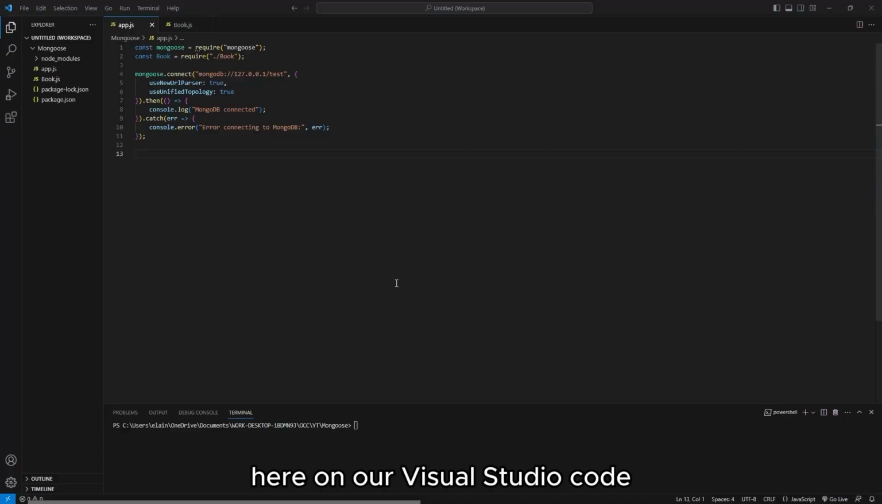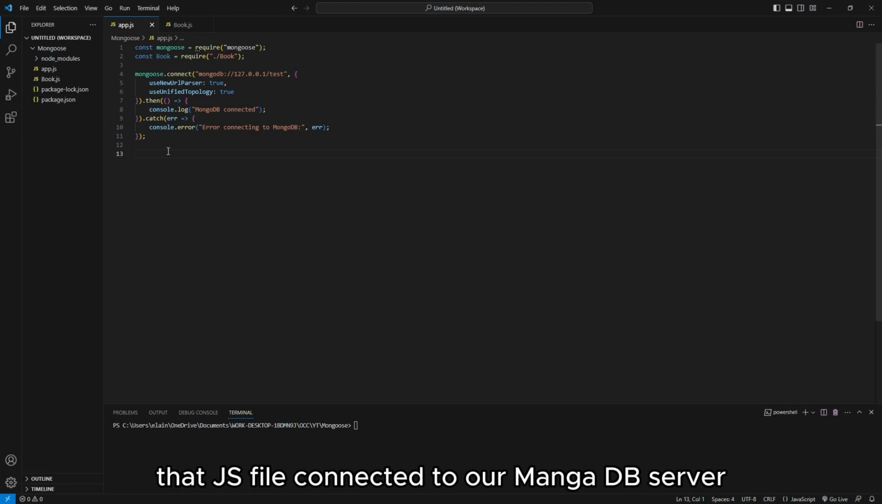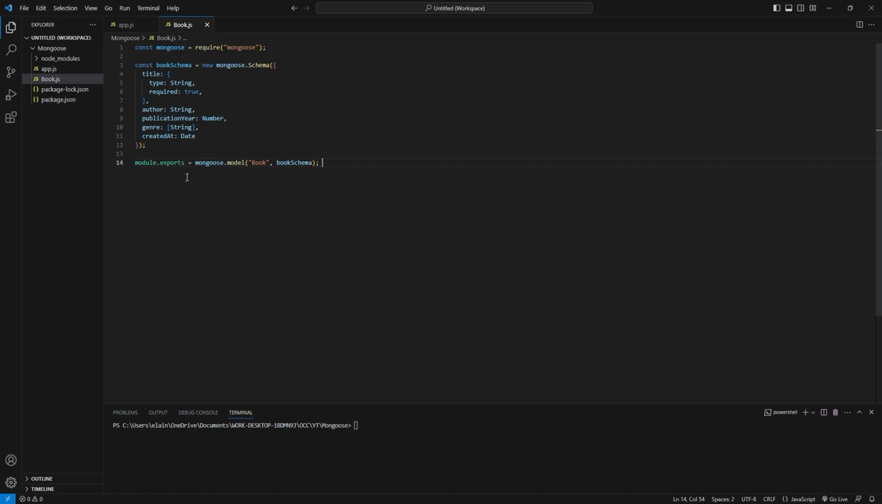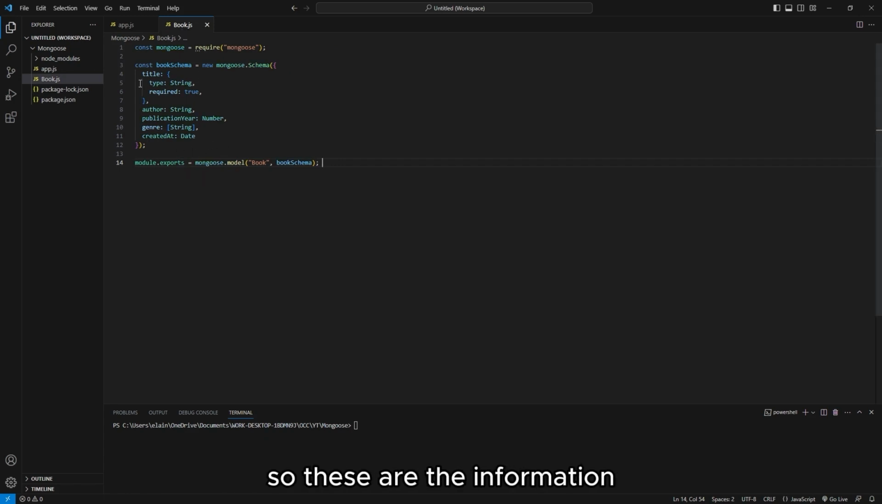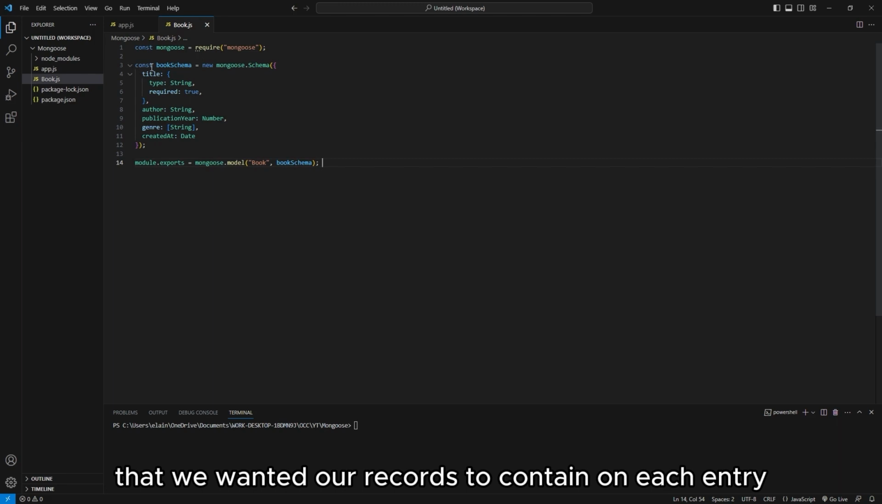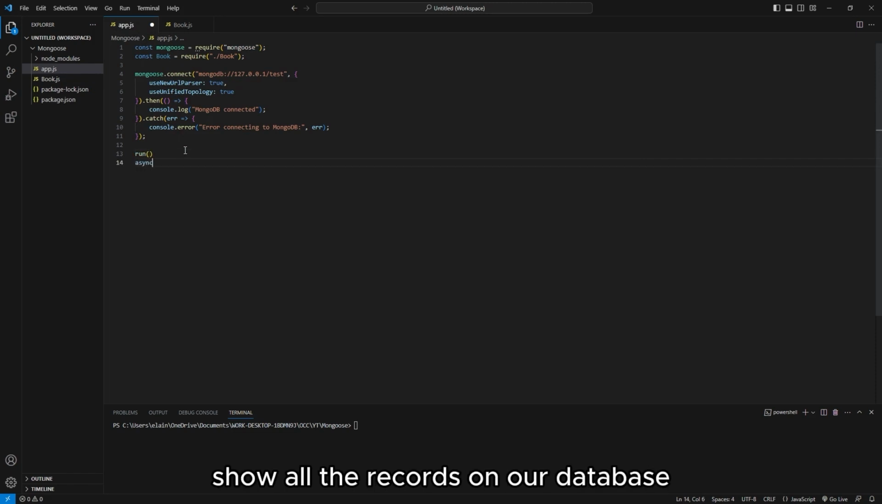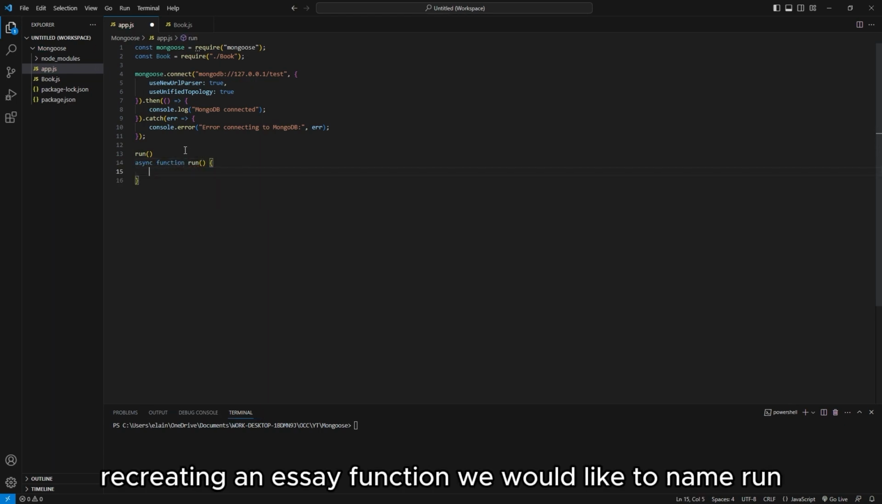Here on our Visual Studio Code, we were able to have our app.js file connected to our MongoDB server. Also, we were able to build a schema for the database that we're trying to connect to. So this is the information that we wanted our records to contain on each entry. Now, what we're going to do is try to show all the records on our database as a start. So the way we do it is we're creating an async function we would like to name